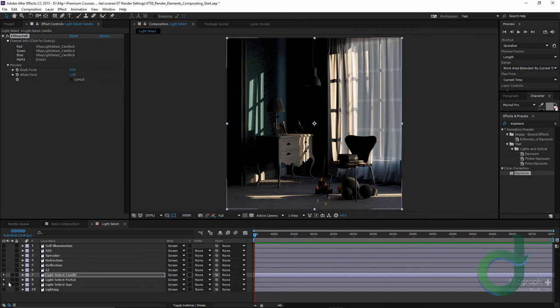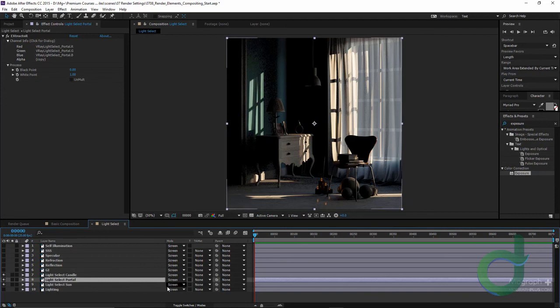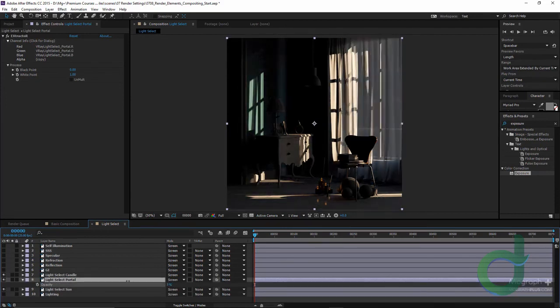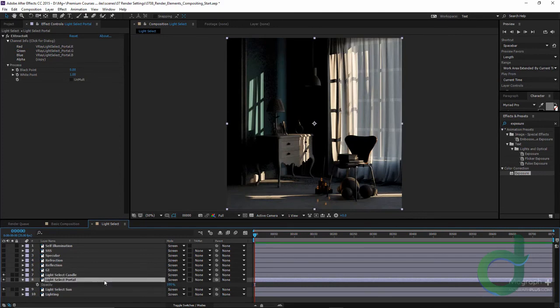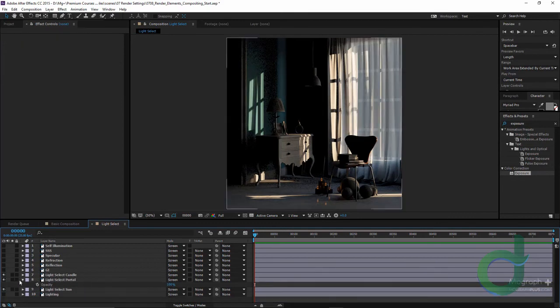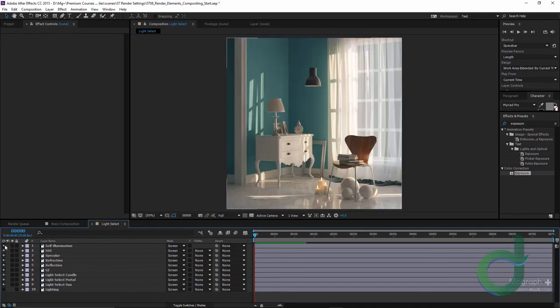Now I can have real-time individual control over my different light sources even after the render has finished. I can select the portal lights layer and decrease its opacity, for example, or set its opacity to 100, duplicate the layer, and this way make the light even stronger in the scene. For now, let me just delete the duplicate here. And now if I turn on the other layers, we are going to have the same image as our final render,